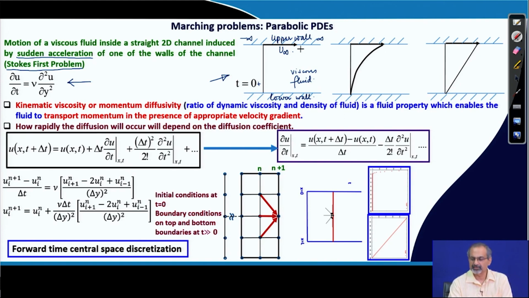So, under the given circumstances, because the viscous fluid will respond to the no slip condition, it will be dragged by that upper wall and gradually the momentum will diffuse from the upper wall through the fluid to the lower layers. So, the momentum diffusion basically occurs due to the presence of the kinematic viscosity, and the velocity gradient is coming into the picture because of the transport of momentum. Now, as that goes on for a long time, it ultimately takes up a linear variation,